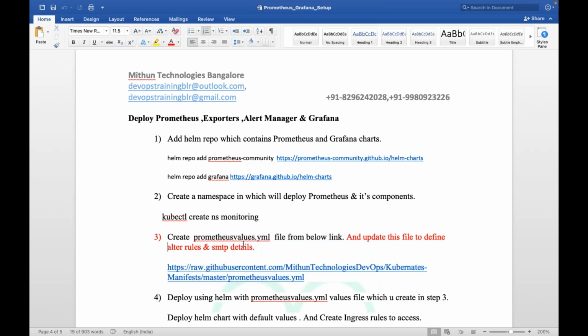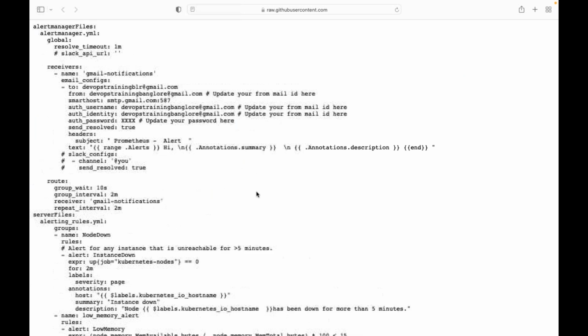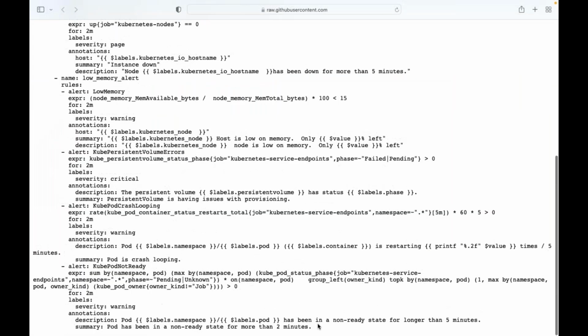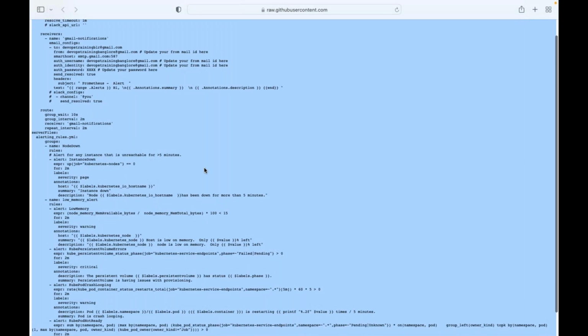But to make things simple, since it's a very lengthy file, to simplify the process for you to understand the concept, what I have done, in our GitHub, we maintained one file. Here, I am giving only a few sections. I have only a few sections in that values file. If you see